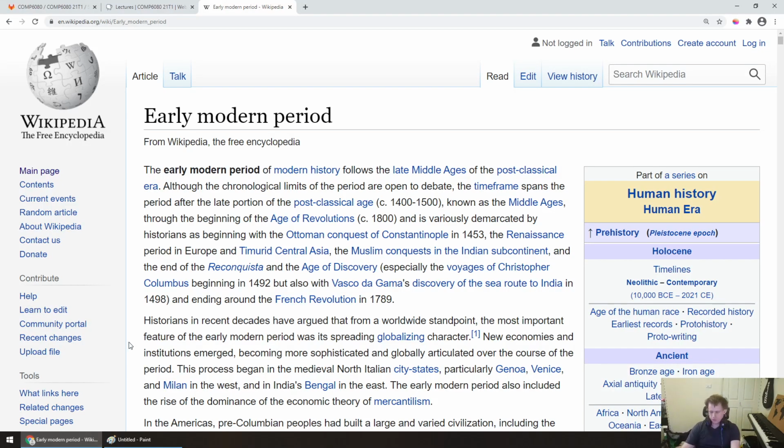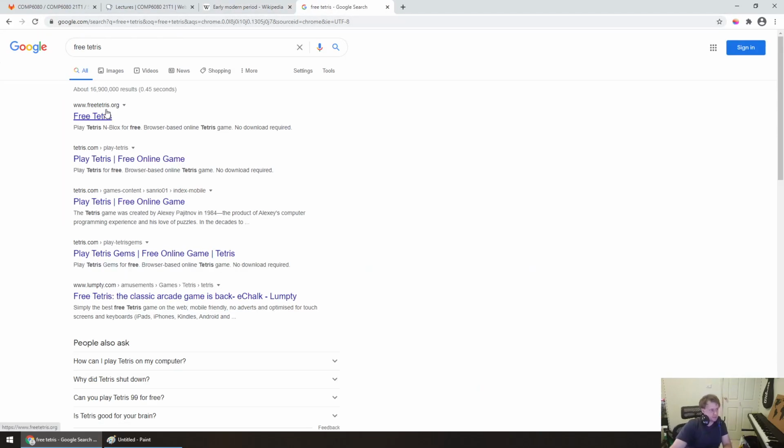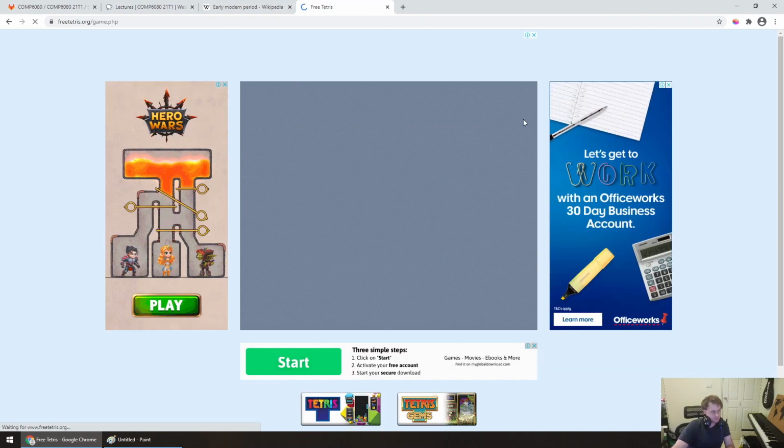And you find this with simple games like, I don't know, free Tetris, right? This is an example of a game where largely this is somewhat serverless in the sense that